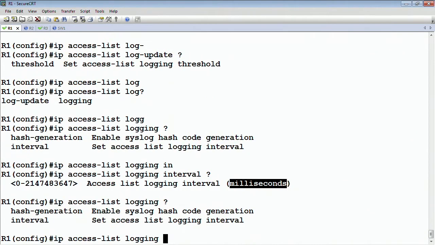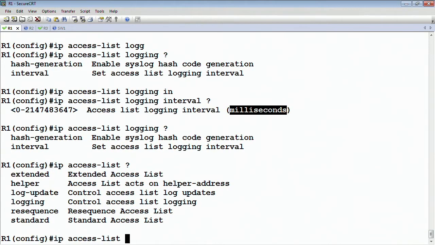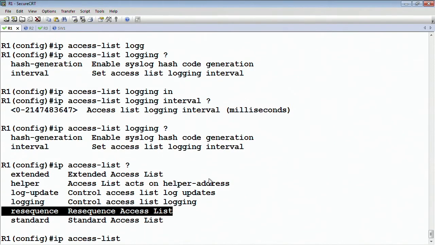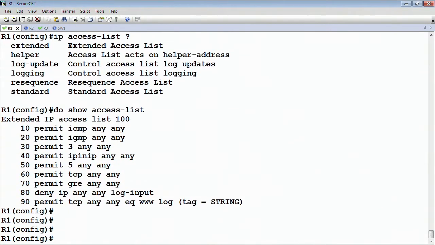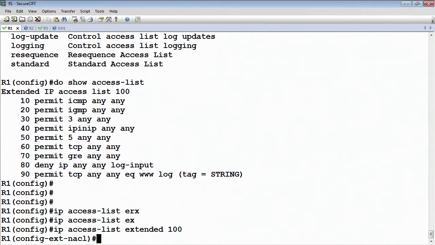Another very useful feature here is if we wanted to resequence an ACL. So let's say we have an ACL that's getting out of control, it's got hundreds of lines, and they've been added not with proper line numbers, that makes it difficult to edit. So if we look at the show access list, we can see right now that this list is properly numbered because we were constantly just adding entries onto the end of it. But if I were to come in and say IP access list extended 100,